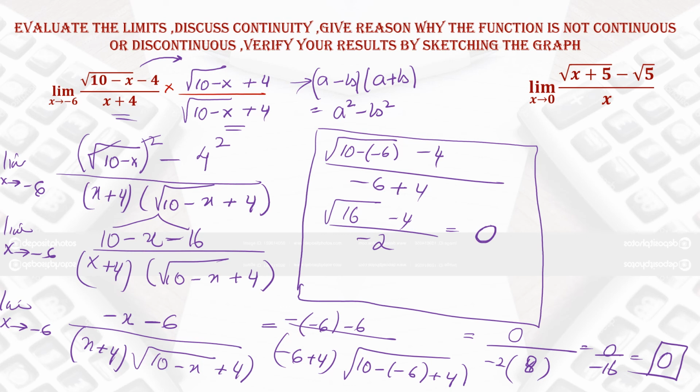So rather than performing all these steps, if you just apply the limits directly in the first step, you come up with an answer. Because the domain is x plus 4 not equal to 0, that is, x not equal to negative 4, and this negative 4 is not in the limits. So we can avoid doing all these steps, only write this box step and get the answer as 0.